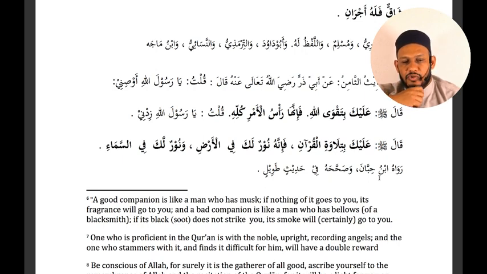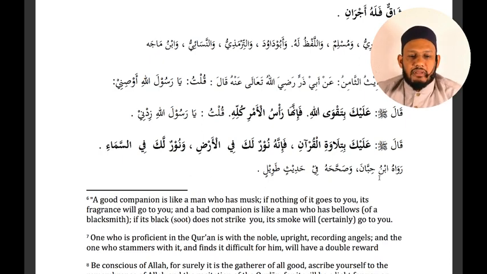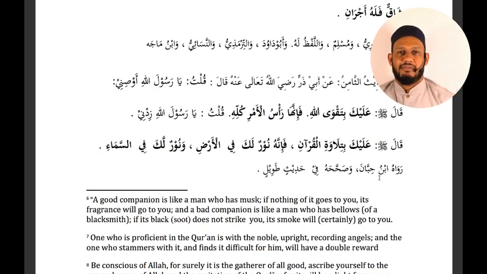Awsini. Awsini comes from the word wasiyah. So wasiyah means an instruction, like a command or an instruction. Therefore, before you pass away, you can leave a wasiyah, because wasiyah means you're leaving an instruction to be executed after you pass away. So Abu Dharr meets the Prophet sallallahu alaihi wasallam and says, Ya Rasulullah, O Messenger of Allah, awsini, give me some wasiyah, give me some instruction, give me some advice, give me some directive.